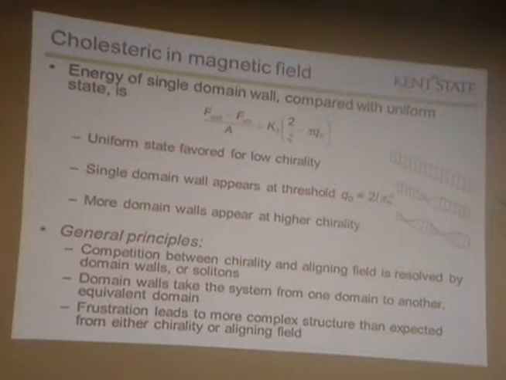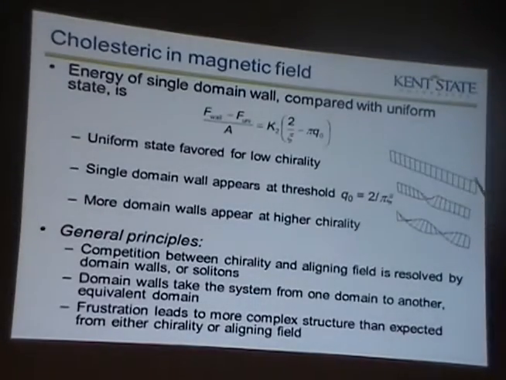Okay, so here is an example with the same calculation. Here's a visualization that shows that when the magnetic field dominates, you get this nice uniform state. When you have more of the twisting influence, you get a single domain wall. And when you have a lot of domain walls, the whole curve gets smoother and it evolves eventually to this nice uniform looking helix, just like the ordinary cholesteric phase that you know and love.